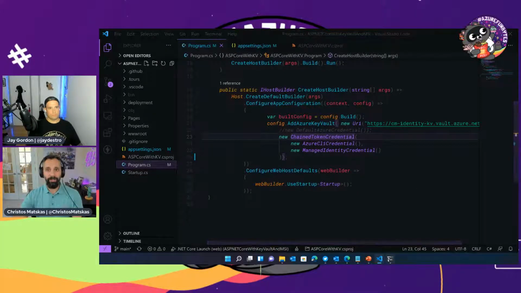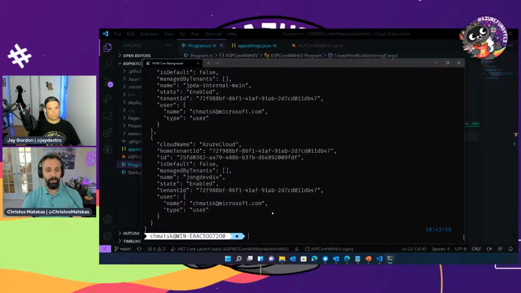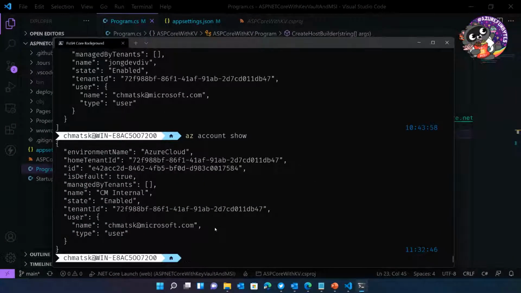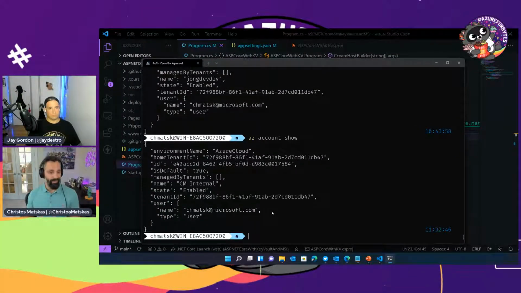So if I switch to my terminal and I do Azure account show, it will show me which user is currently logged in. And as you can see, I am logged in as myself. Now, this is a no-no, and I will show you how to do it better. But currently, I'm logging into my CLI as myself. And that means I have super privileges on my Azure subscription. Remember, we talked about least privilege. This is not a good account to use when you're creating applications, when you're running against Azure, because I can